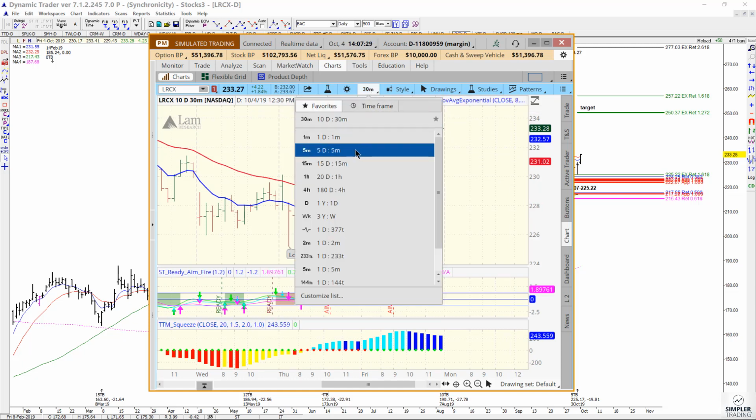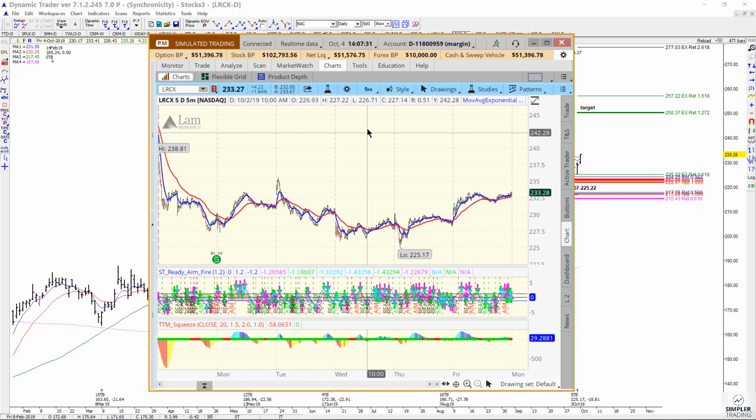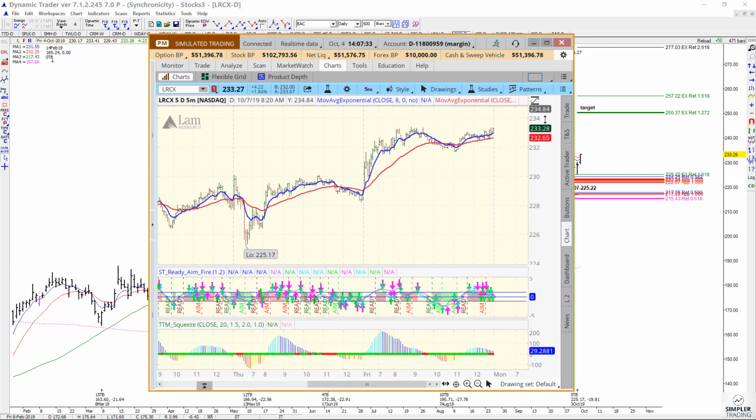But then, if you are shorter term oriented, you can always use something like a 2-minute chart or a 5-minute chart. And in this case, if you did know about this zone in advance and you looked at this for a day trade, it triggered right around this 228 area, or just above this last high. That's where you had the prior swing high taken out,